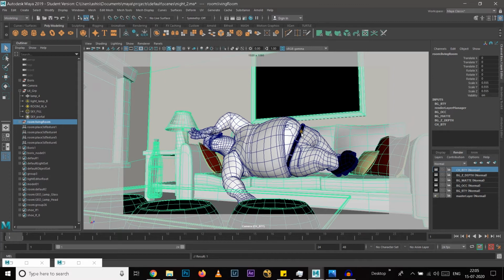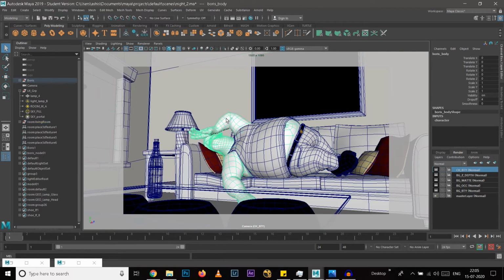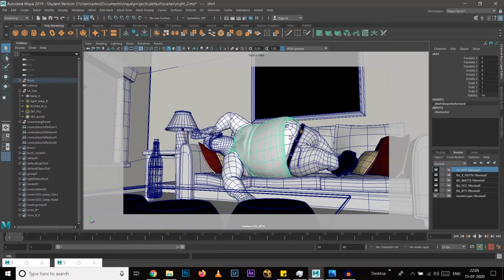If there is a belt, there could be some reflection. There are eyes, there could be some reflection. Any object that this character has that could create reflection or anything. So we need this background to be there, so that those reflections, those speculars, those GI bounces or shadows could be there in the character also.